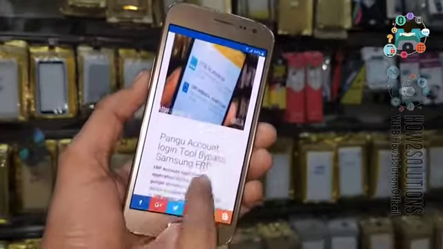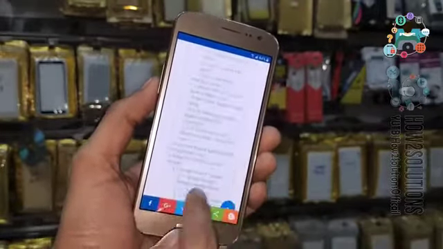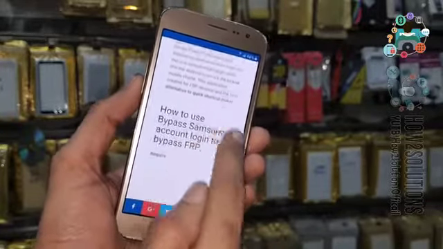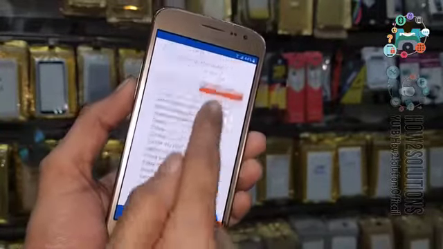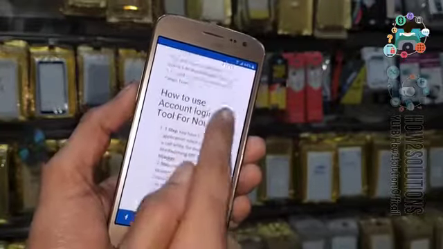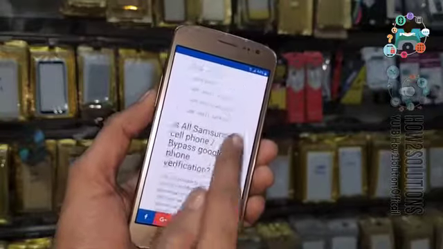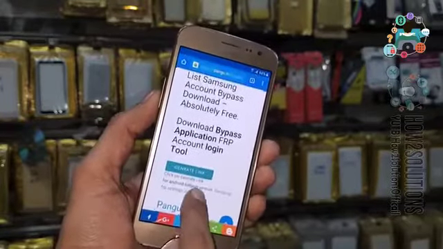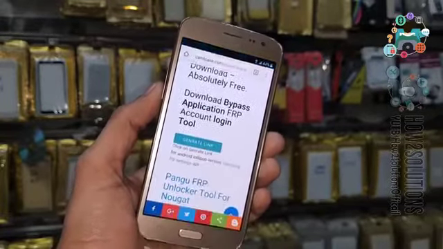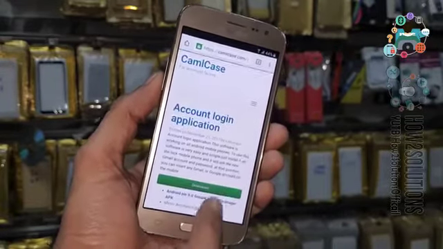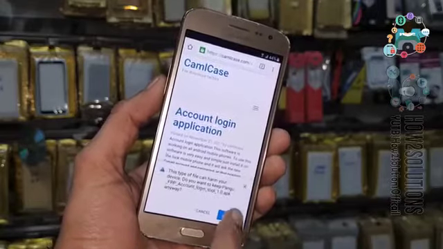Now go to the bottom and download this bypass application. This application is also working on other Android mobile phones like Micromax, Lava, Zolo, Lenovo, LG and Nokia. Click on the download button. Okay.